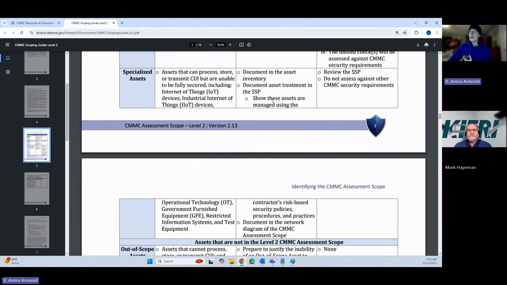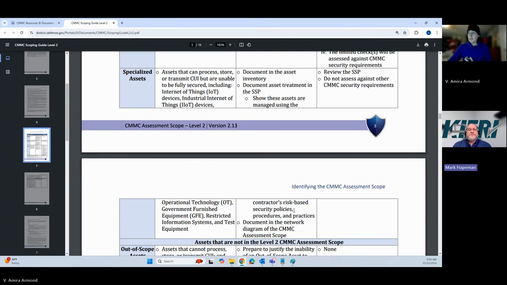It says to talk about how your assets are managed using your risk-based security policies, procedures, and practices. For example, if you can apply security to that specialized asset and it's not going to hurt anything, the DoD would like you to do it. If there is a significant risk to that specialized asset, the DoD would like you to address that risk.